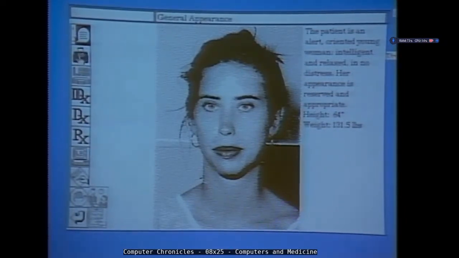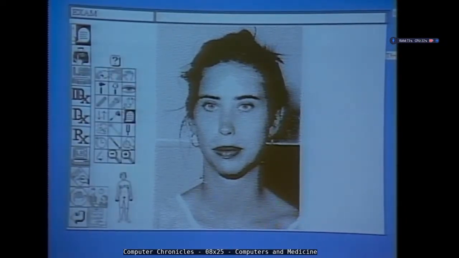I'm going to go on to the physical exam component of this and show you some of the multimedia capability. We'll open up our doctor's bag, and inside our doctor's bag we have the doctor's tools, and we use those to investigate the patient. For example, if we wanted to take a look at the eye, view the eye, we would select this